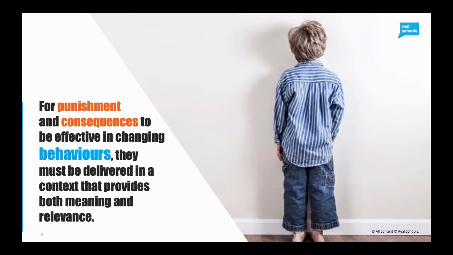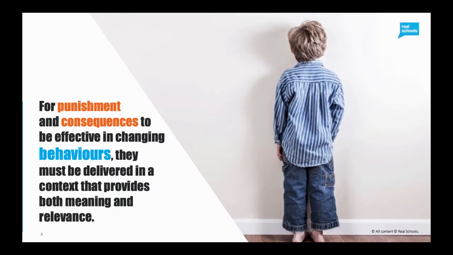The consequences that come out of the blue, we often get really antsy and blameful about. So if you were to get a speeding fine in the mail and you go, oh no, I was 6 kilometres over in a 60 zone, that's no good. And then you folded the next part of the envelope open and found that the fine was $25,000, you'd really kick back about that. Because where'd that come from? You're going to say, stupid government, you're blaming people, ringing lawyers and going to fight. And that's what our students do when we deliver consequences out of nowhere. They fight back. We need to get them engaged in that process.